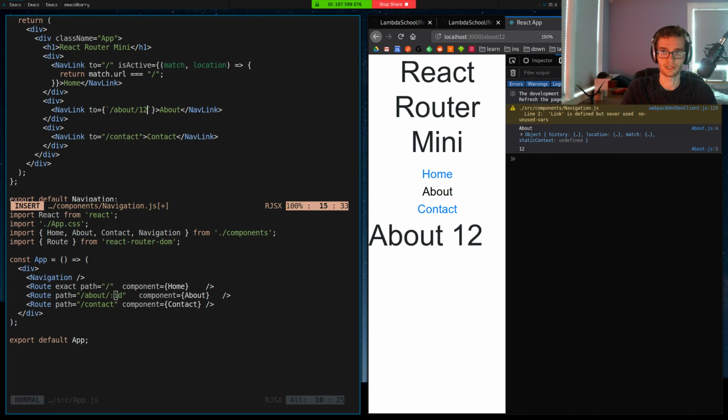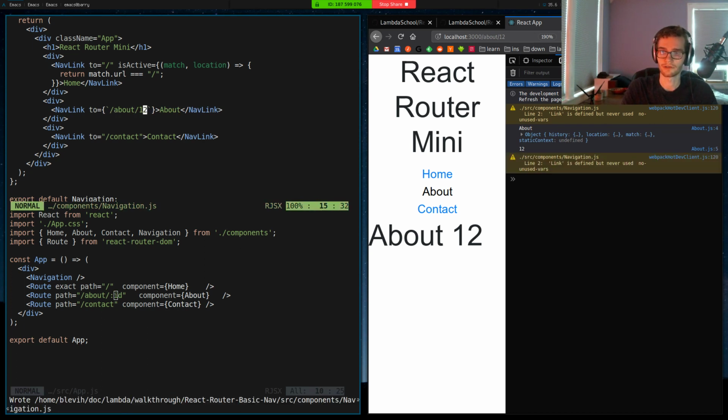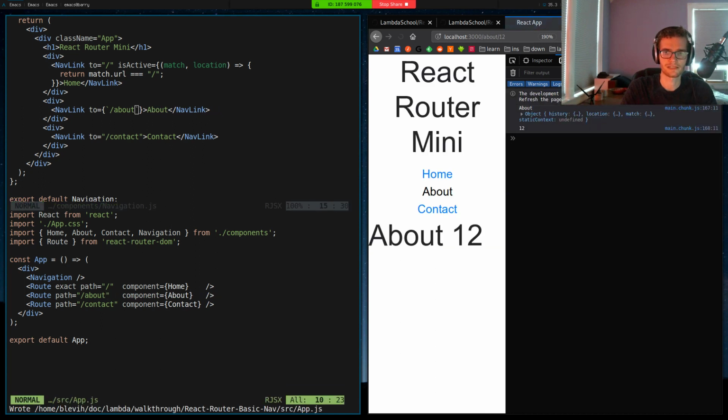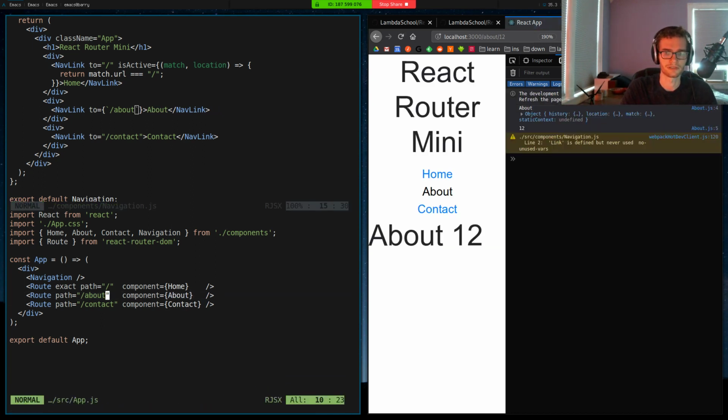So I'm going to change this to just a hard-coded value. So we can use this exact to match only when the path is this route. But we still have this issue of what happens when our routes potentially match multiple things. Like, let's say I have, let me just remove this for now. So let's say I have another component called